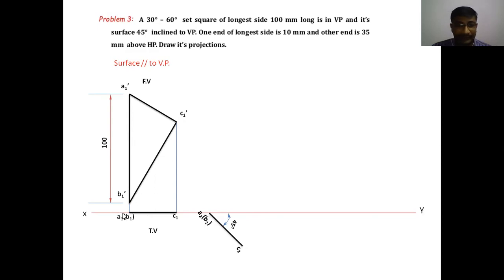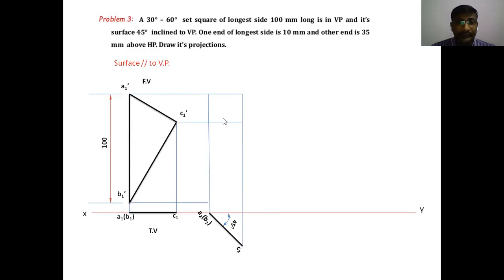This line length must be equal to the front view, top view length. This A1 of B1 to C1 is the length. The top view length must be drawn in the second stage top view, the same length. Then after locating these points, you have to project the points towards above XY line, vertical projections. Draw the vertical projection from the top view. Similarly, draw the horizontal projections from the initial front view. This is the A1 dash projector and B1 dash projector and C1 dash projector. You have to draw the horizontal projectors, then locate the points on the second stage view.